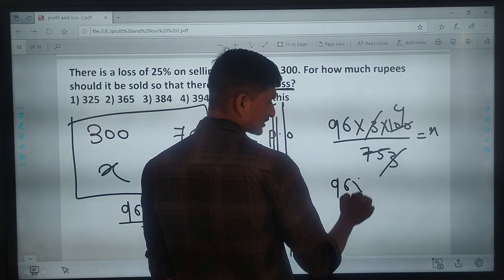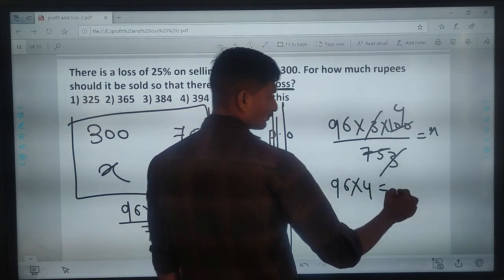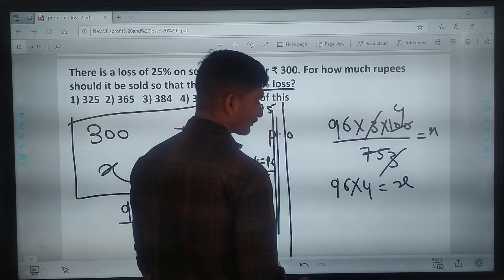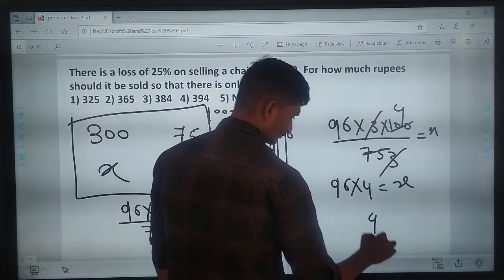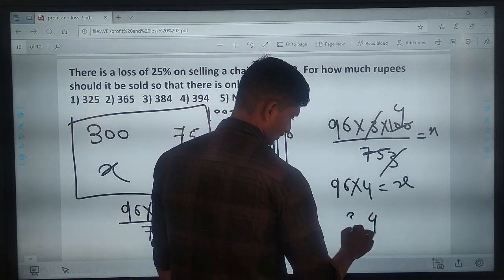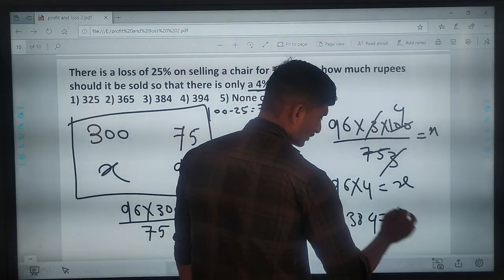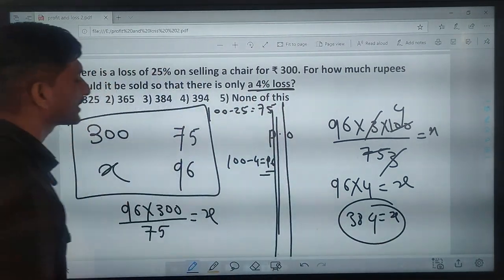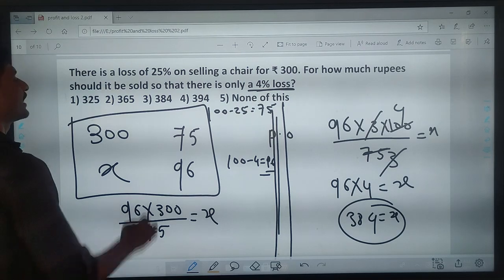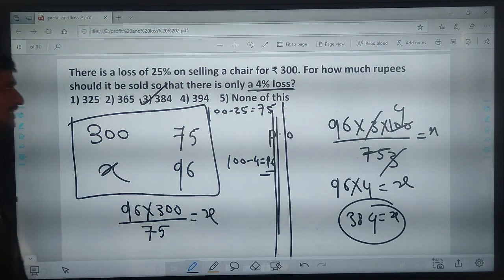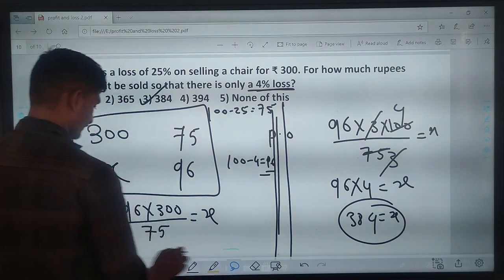Now here remains 96 into 4. This is your selling price. Now the selling price of the article is 384 rupees. Next,